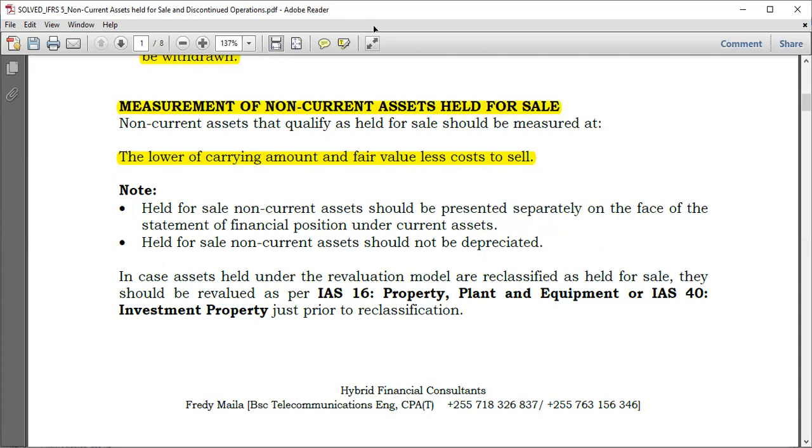Let me do this to show you something. I'm repeating again. If you go back to IAS 36,